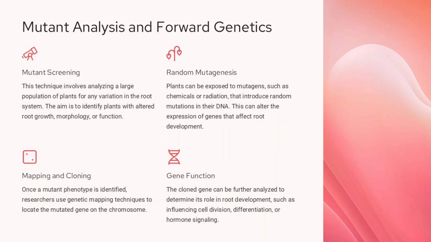The goal of mutant screening is to identify plants with altered root growth, morphology, or function by analyzing a large population for any variations. Random mutagenesis techniques expose plants to chemicals or radiation to introduce random mutations in their DNA, which can alter the expression of genes affecting root development. Once a mutant phenotype is identified, researchers use genetic mapping to locate the mutated gene on the chromosome. Further analysis of the cloned gene can reveal its role in root development, such as influencing cell division, differentiation, or